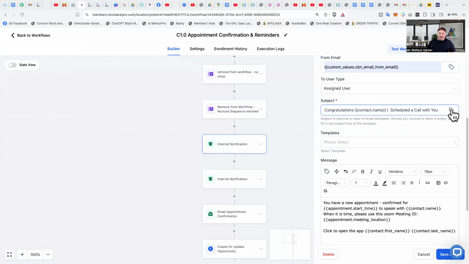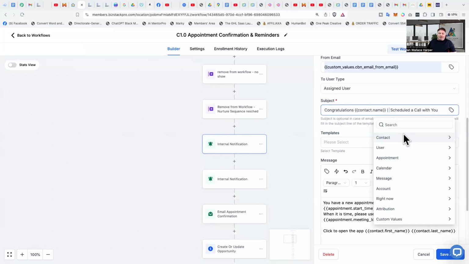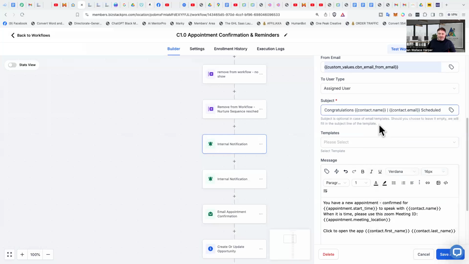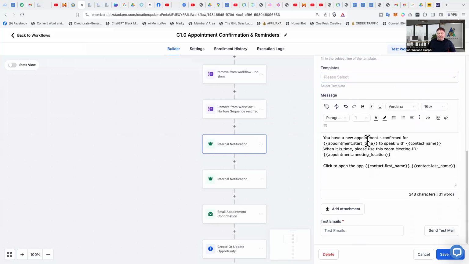It's your system or custom values. Now we've got the contact name, so we're going to look for contact, and we're going to look for email, custom email. So contact name, and then contact email, scheduled a call. Okay, boom, done. Then we've got the information in the, you have a new appointment